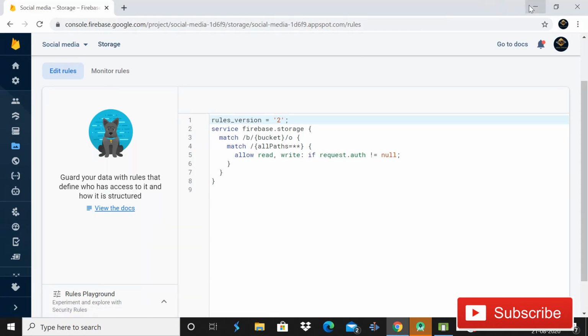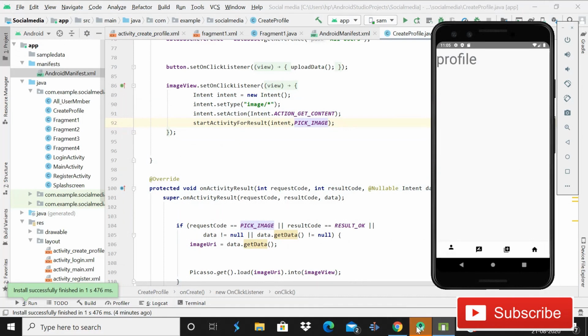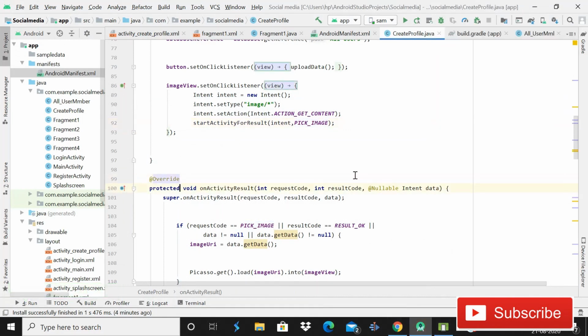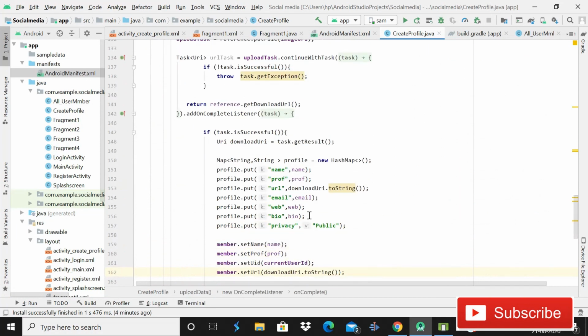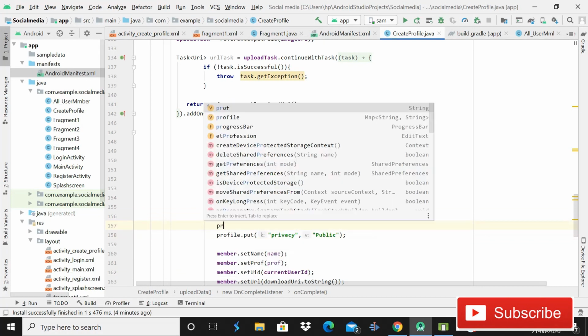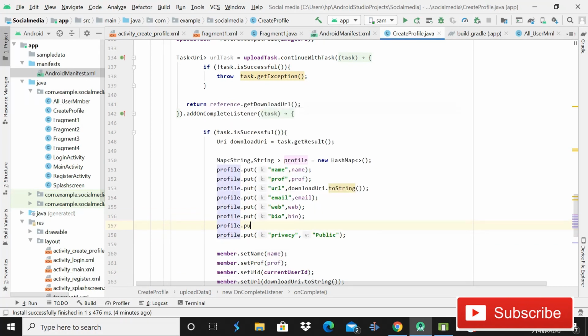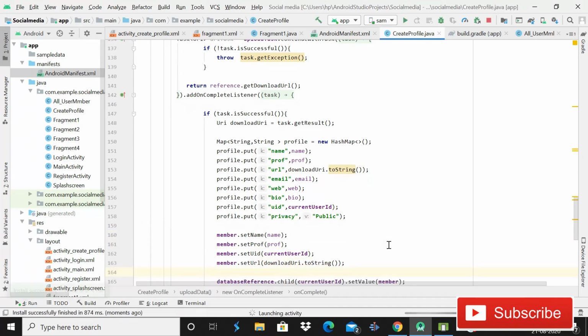But guys, one more thing we have to do is you have to also save that user ID in the document reference. Yeah, so here just simply add one more child, because we will need it, and that is very important. So put, and the name will be UID, and the string will be current user ID, because that user ID is very very important guys. So make sure you add this, and after this again run the app. But now it will work pretty fine, so I will not show you the whole